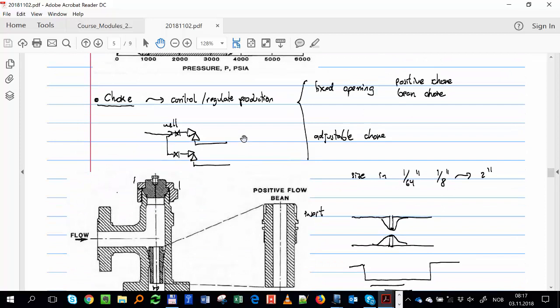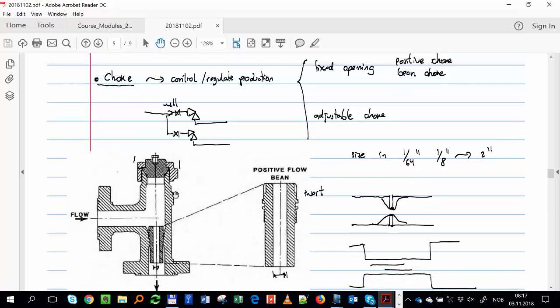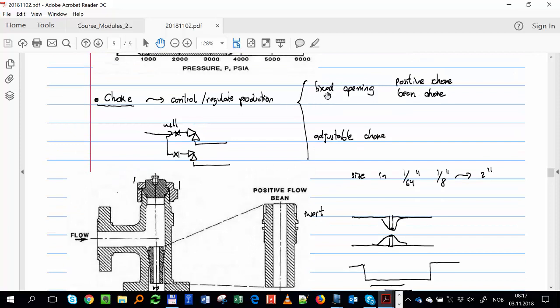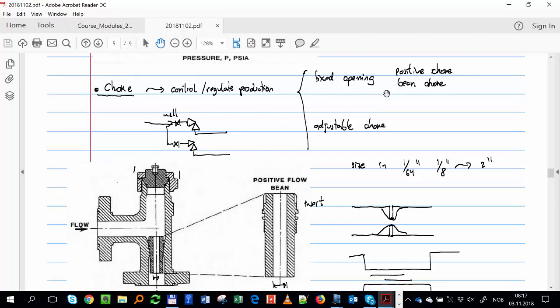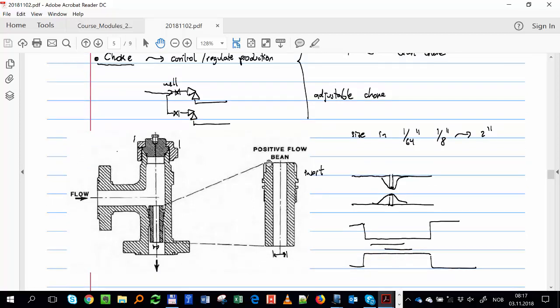Now we came to the choke. I told you it's very demanding equipment. From the field, it is one of the pieces of equipment that experiences the most wear. And there are two types. One of them, which is fixed opening, called positive choke or bean choke, in which I have an insert that I change the diameter. And the diameter goes in increments of 1/64 of an inch,